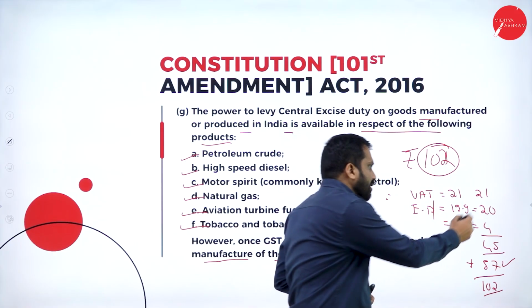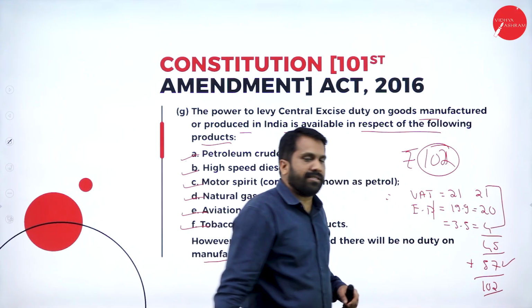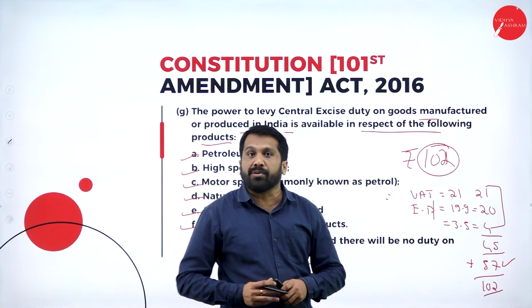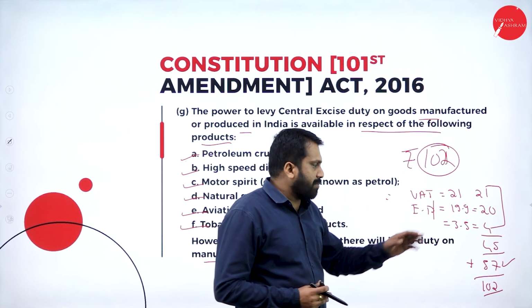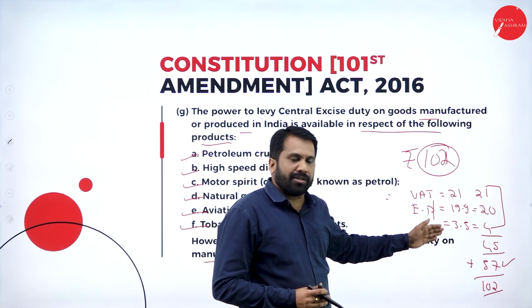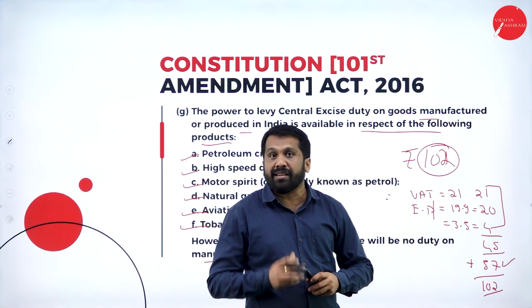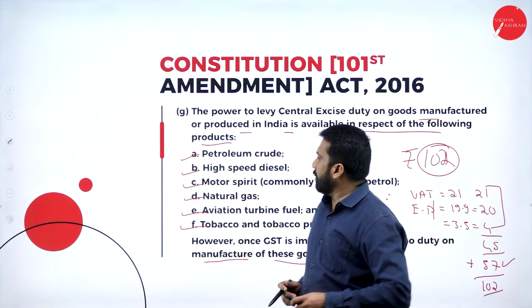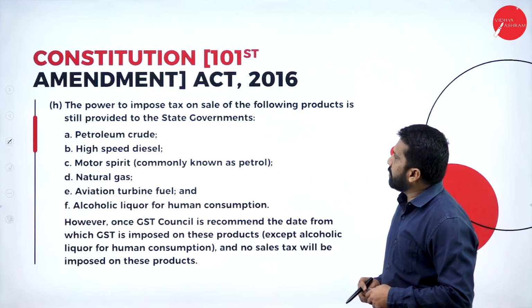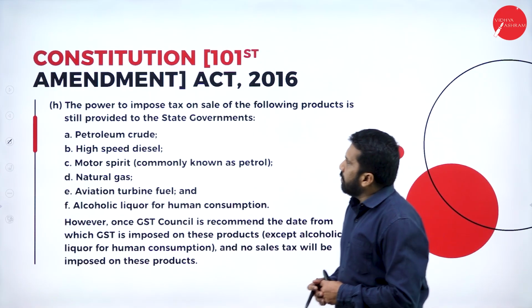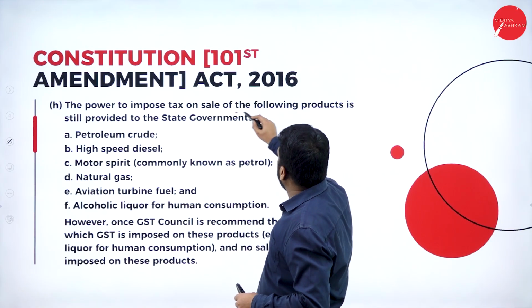If these charges are cancelled, your fuel price is only 57 rupees. Similarly, it applies for diesel also. You would get 1 liter of diesel for around 47 to 48 rupees. Clear? Yes. So this is all about your taxes, and the power to impose tax on sale of the following